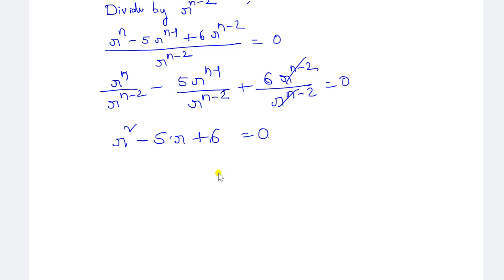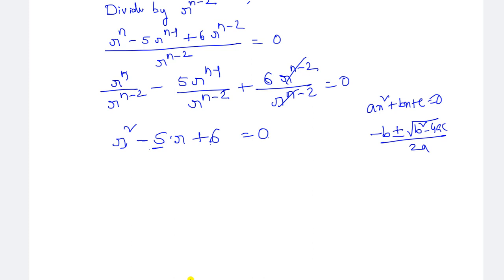How do you find out the roots? Actually we have the formula for finding the roots. If the equation is ax square plus bx plus c equal to 0, then what is the formula? Minus b plus or minus under root b square minus 4ac, divided by 2a. With the help of this formula we can find the roots, or else by factorization we will get the roots directly. For example, here 5 is there and 6 is there. So 3 twos are 6 and 3 plus 2 is 5.